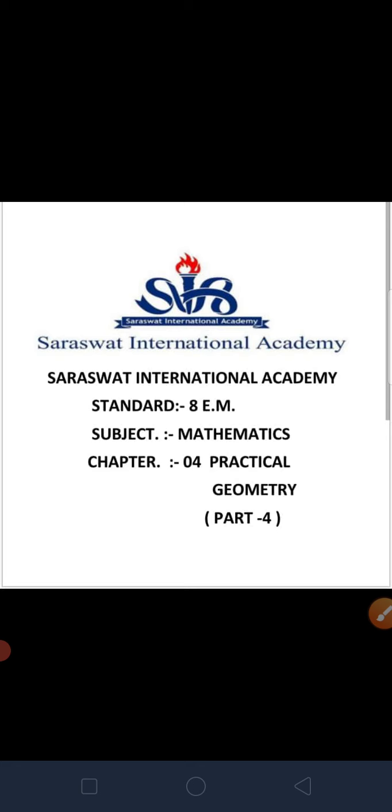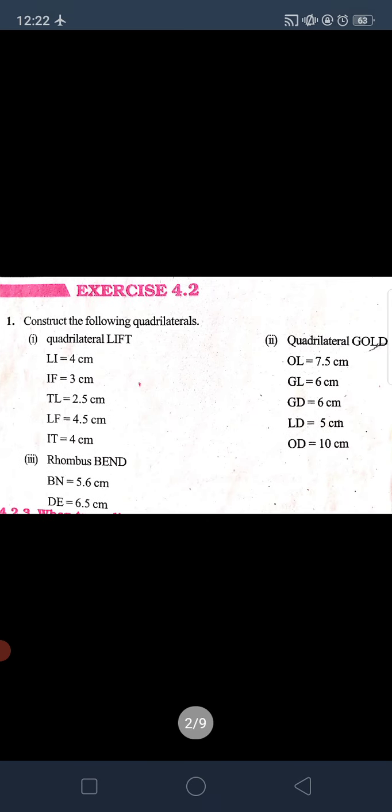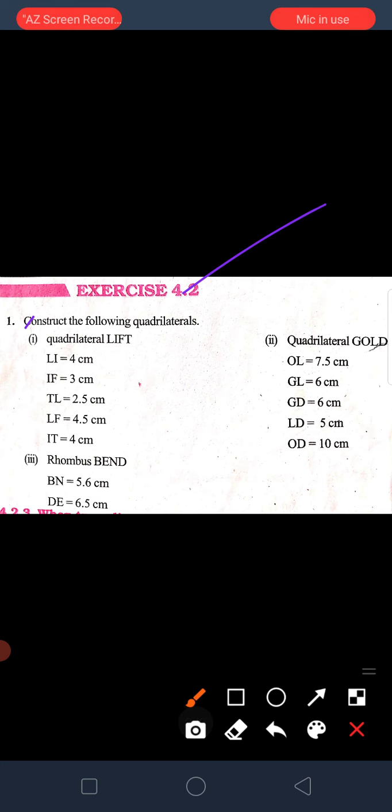Here we are going to continue our chapter number 4, that is practical geometry part 4. In this part we try to construct our exercise 4.2 sums. So here, the first question of exercise 4.2: construct the following quadrilateral. In construction, the first one is quadrilateral